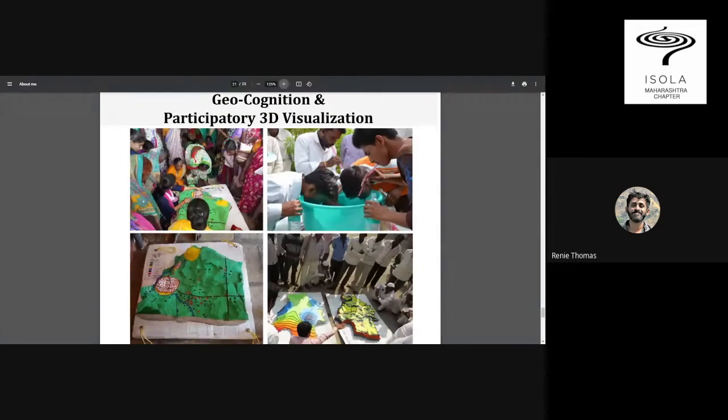And they have an interesting vocabulary of certain aspects of the landscape, which I find very interesting, and I use it to communicate. So on the bottom right is a P3DM model of the landscape, and on the left hand side is the groundwater model. When people look at how they're using a landscape vis-a-vis the groundwater table, it really gives them an idea. For example, a certain group of farmers said that there are a lot of bore wells and dug wells being dug in certain areas, which is creating that.